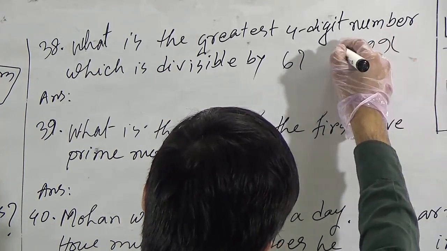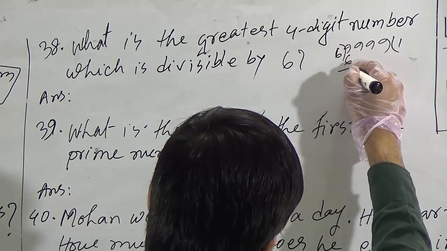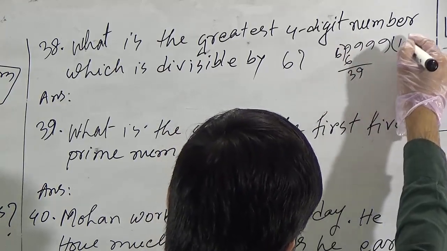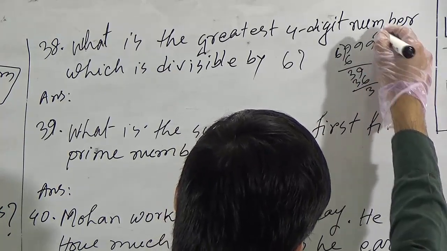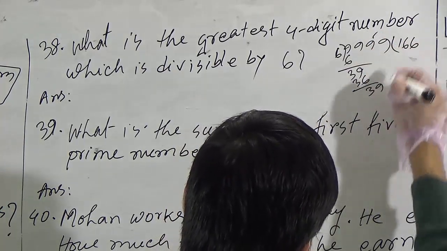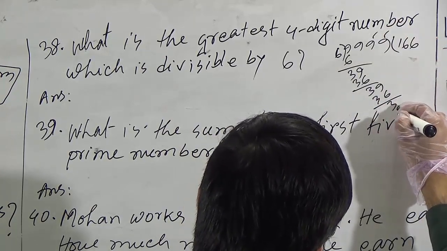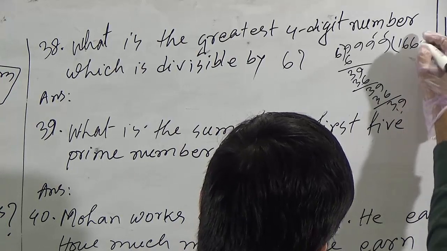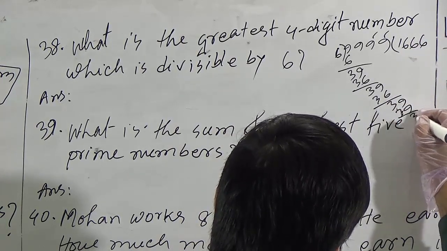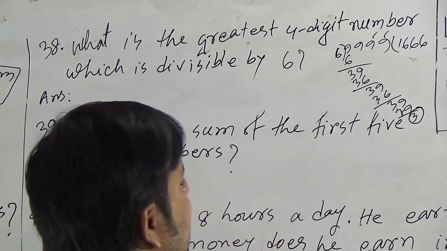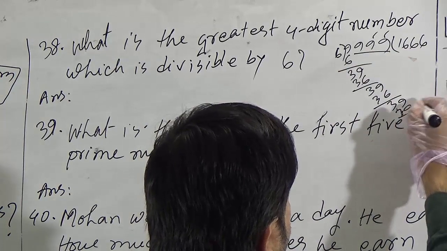Divide by 6. 6, one time. 6 3s are 18... 3 lakh. 39. 6 times 36. Again 3 lakh. Take this 9. So we can take again 6 times. This will be 39. Now remaining 3. So this number is not divisible by 6 as there is a remainder of 3.